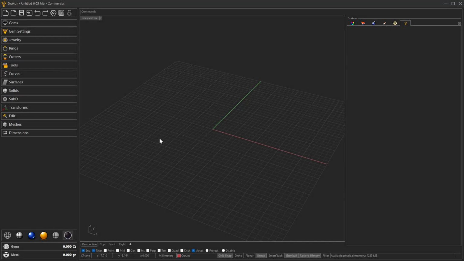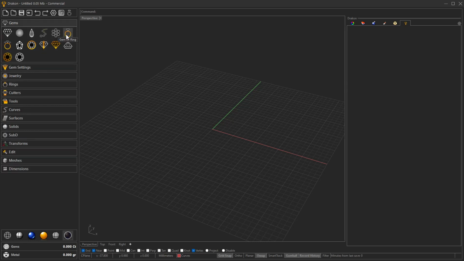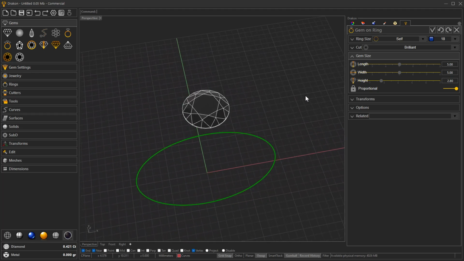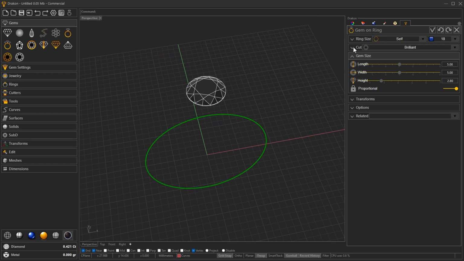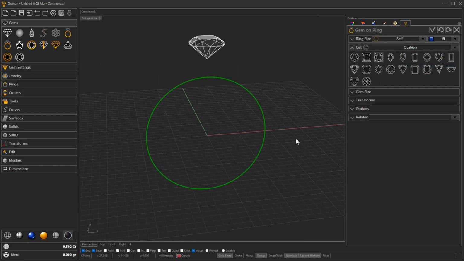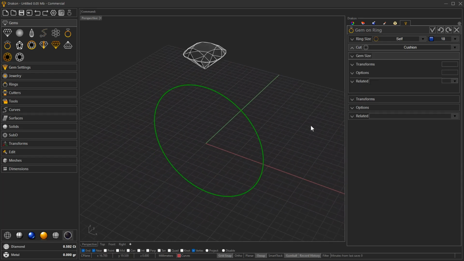Today we are going to design a cathedral ring with a euro shank. So let's do it. For this we can start here with the gem on ring. We will get the ring rail as well as the gem. For this one maybe we can use a cushion cut and let's adjust in here